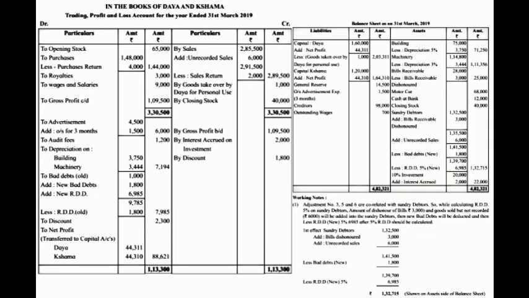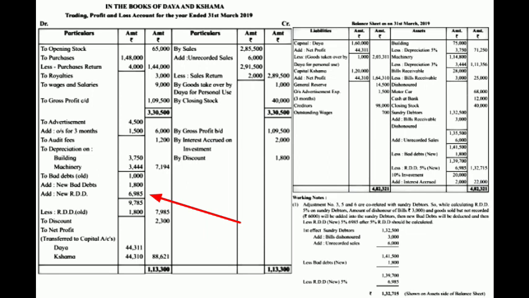After deducting this new RDD, we have to show the amount in the outer column, that is 1,32,715. Again, 6985 we had reduced from my net income, so we are going to consider this amount also as an expense for the current year. So this will be the second effect, which will appear in the P&L account debit side.